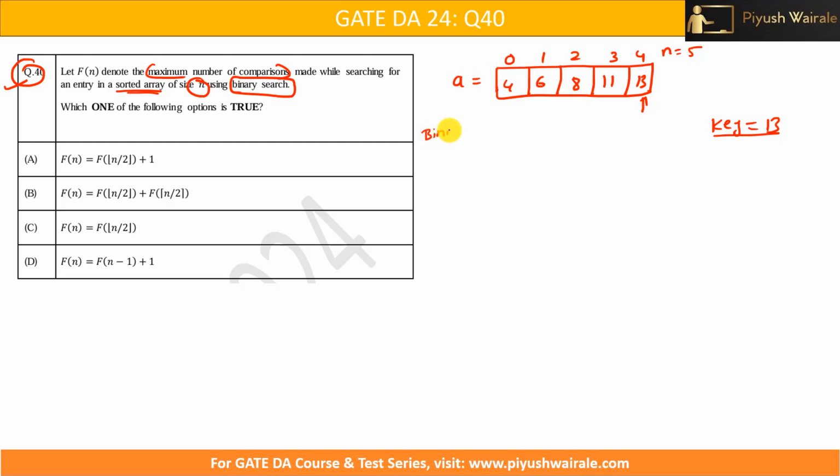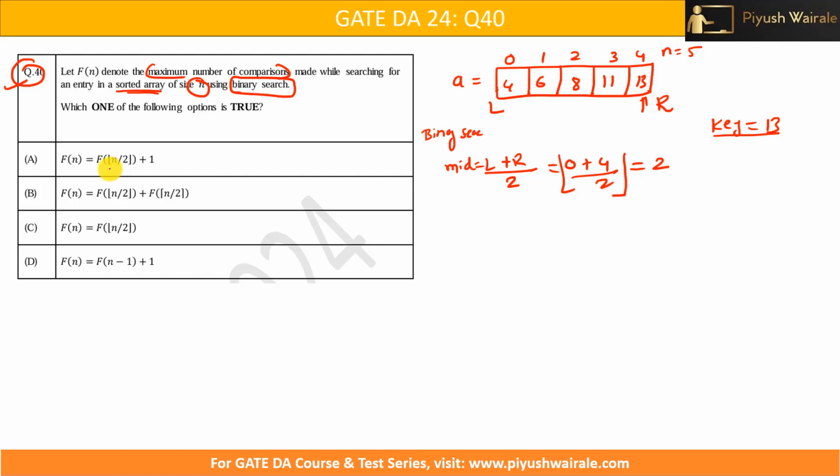How does this binary search work? For example, this is my left, this is my right. First we find the middle position and we compare the element at the middle position with the targeted or key value. So how do we find the middle position? Simple. Mid equals left plus right divided by 2. So 0 plus 4 divided by 2 is basically 2. Here we need to take the